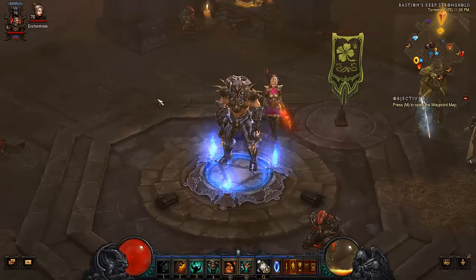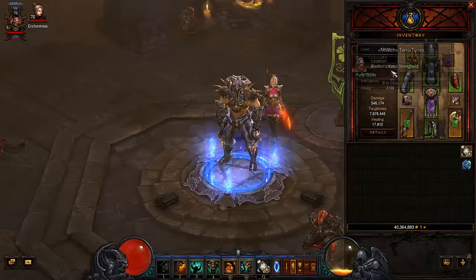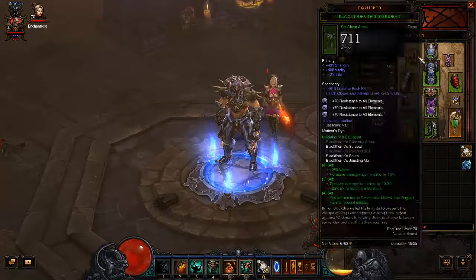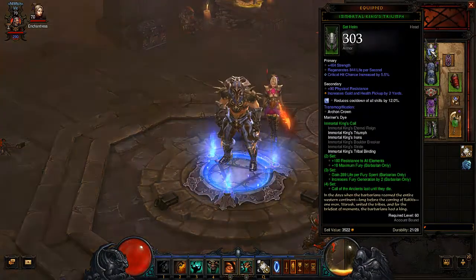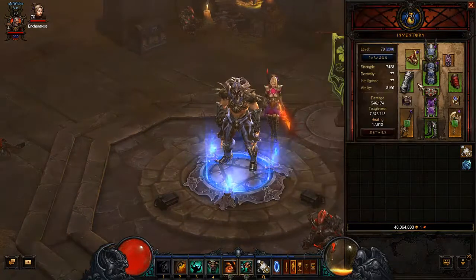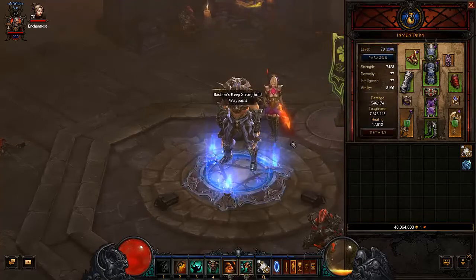Hey everyone, I am so excited to share with you that I've finally completed the Immortal King set. Some of these pieces are level 60. Not gonna be proud of that, but you know, I've got them. They're reasonable. They enable this fourth passive, and I am so excited to introduce you to my